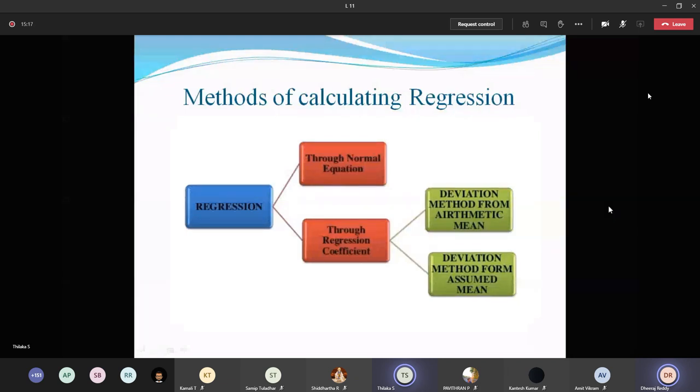In the first way, by using the arithmetic mean, from the set of data given we have to calculate the mean of those variables, x and y. For the assumed mean, we just take a value as a mean which is assumed from the given variables x and y. Out of these two ways, here we are going to follow the first one, by using the arithmetic mean.